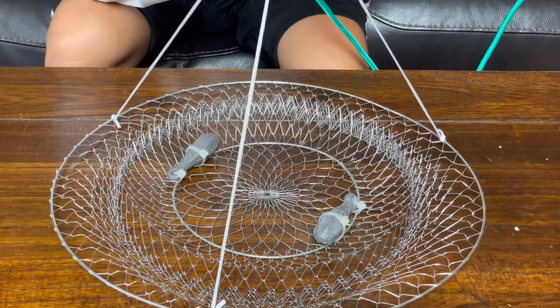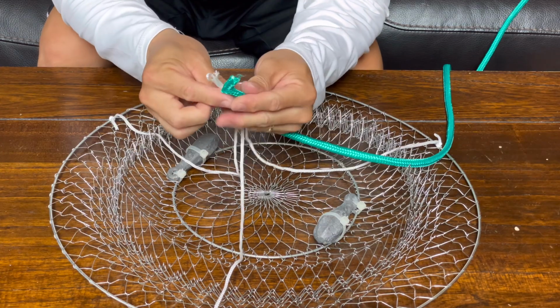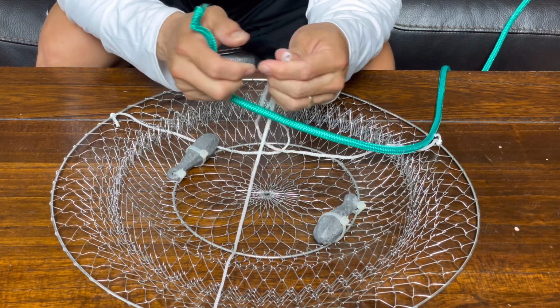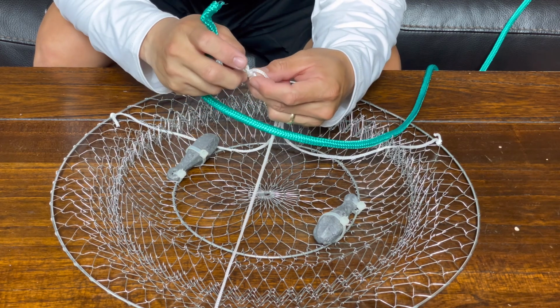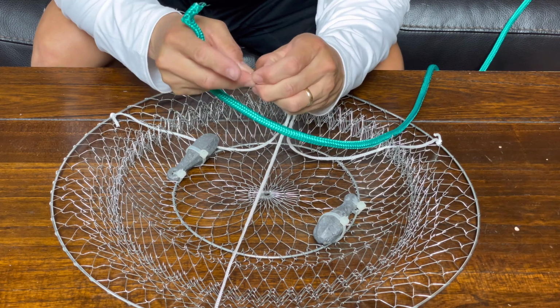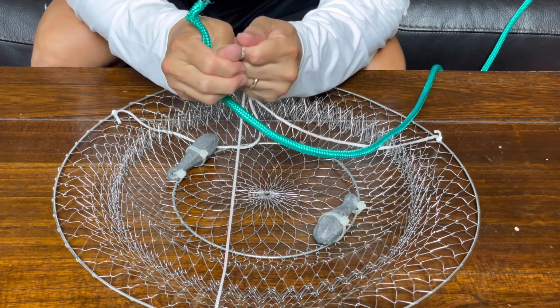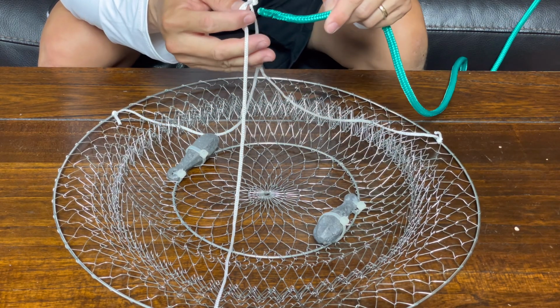What you do is tie in the middle right here, right? So you can see it right there. You could go ahead and put it together, or since this is already tied, I would double one more knot just to make sure it is nice and tight, because as you pull this together, it'll just get tighter. All right, there we go. I like to put the green rope right under it, between them all,